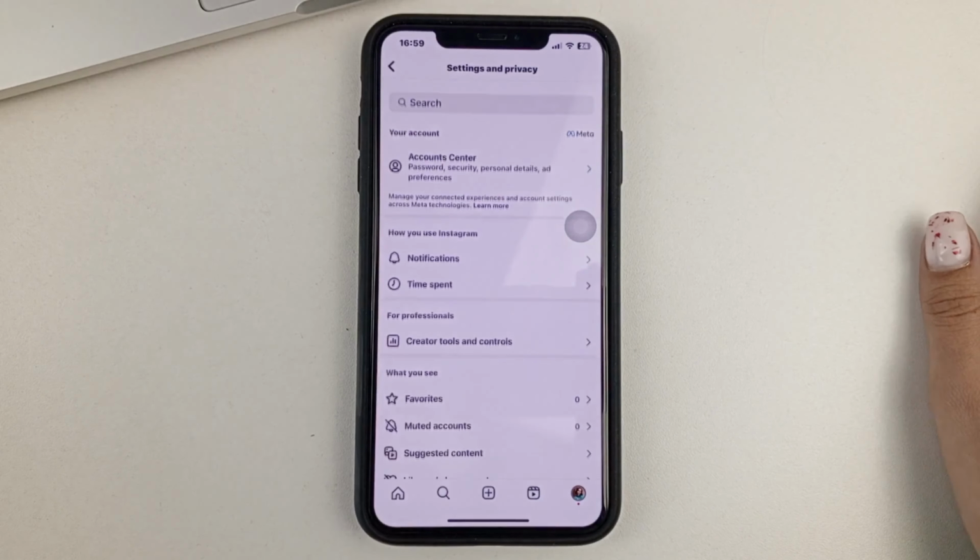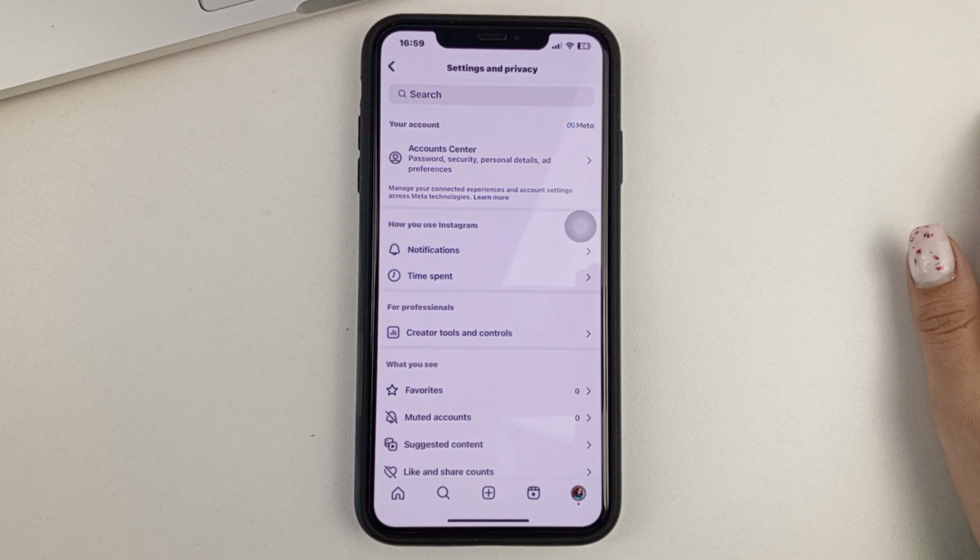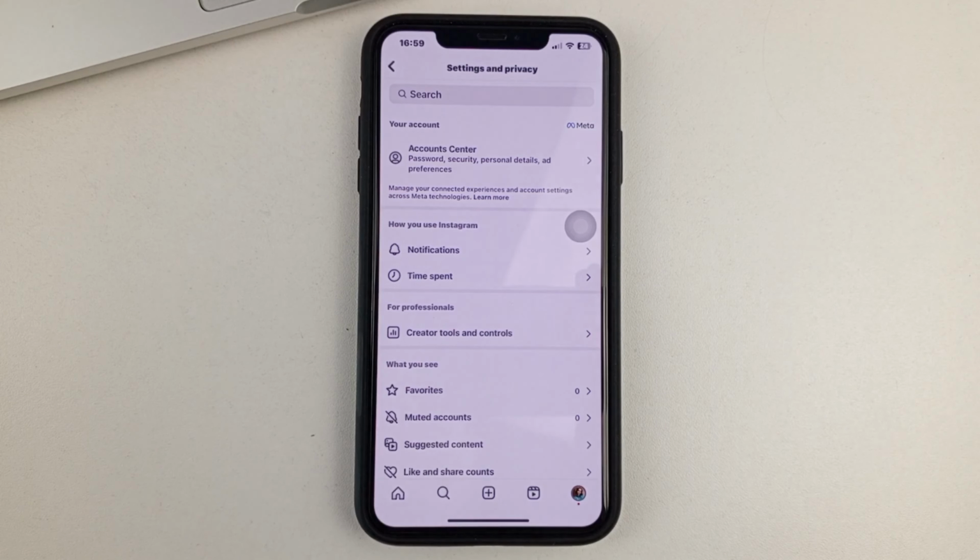To do that, here in the tools down here, you'll need to find a tool called Account Types and Tools, and then you click on it. You're going to choose Private Account or you're going to choose Professional Account. And next you just agree to all the terms and conditions. It's free, it's very quick, it literally takes you half a minute.